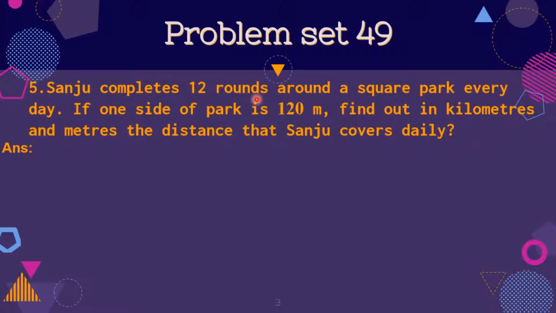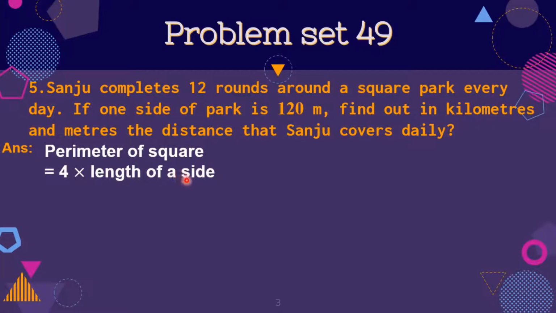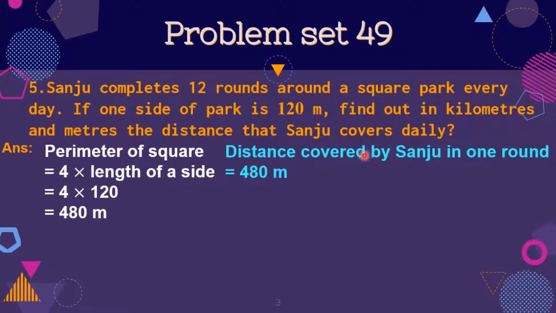So we have the formula, perimeter of square is equal to 4 into length of a side. We have the length of a side is 120 meter. So we write 4 into 120, which is equal to 480 meters. Now this is the distance covered by Sanju in one round of the square park. To find out the distance covered by Sanju in 12 rounds, we need to multiply 480 by 12,